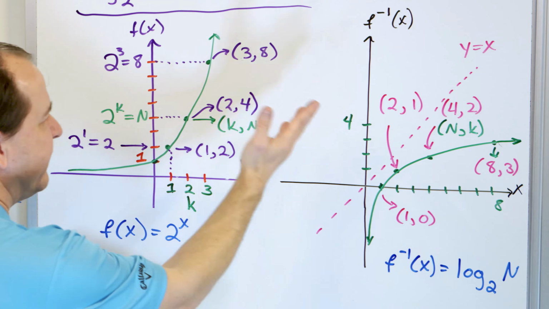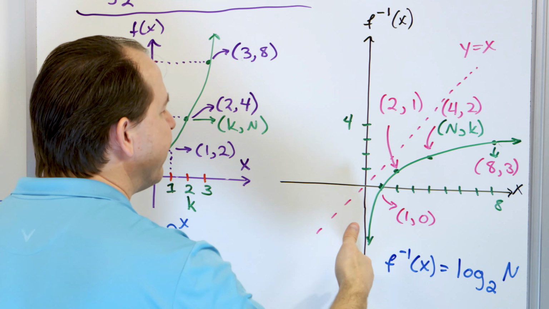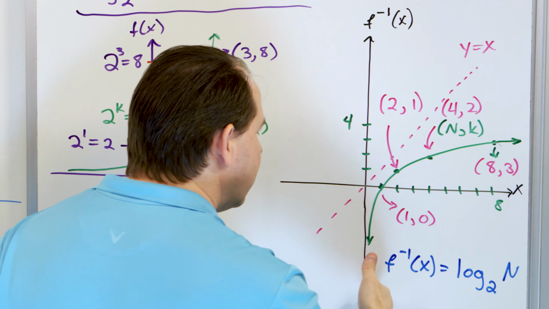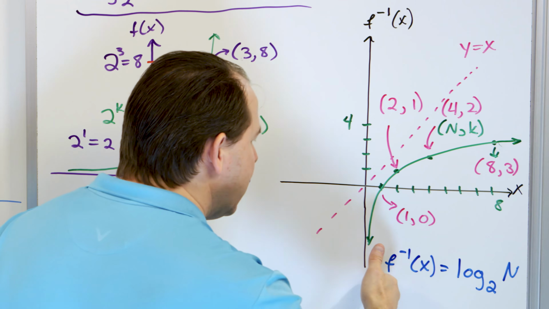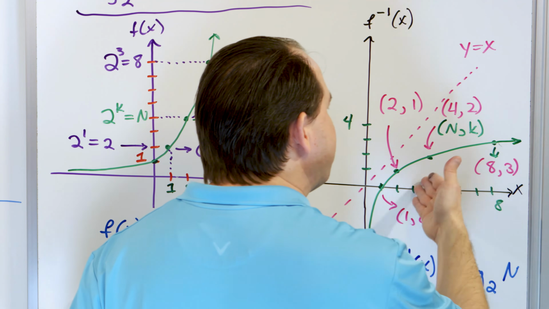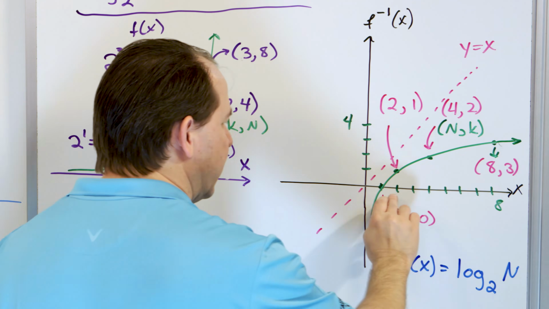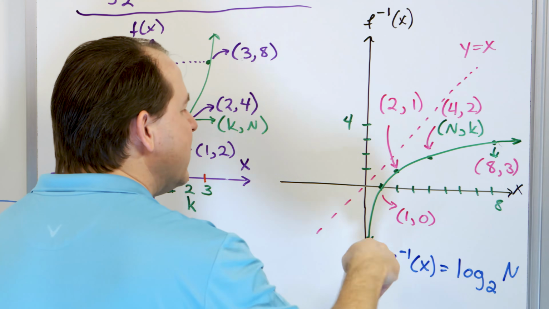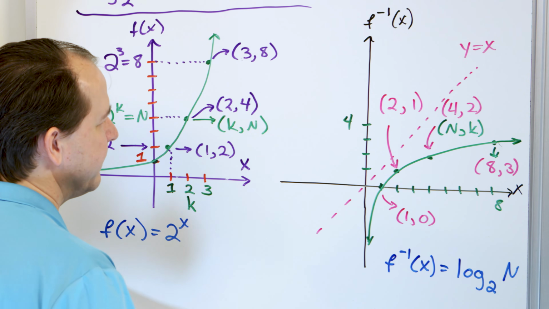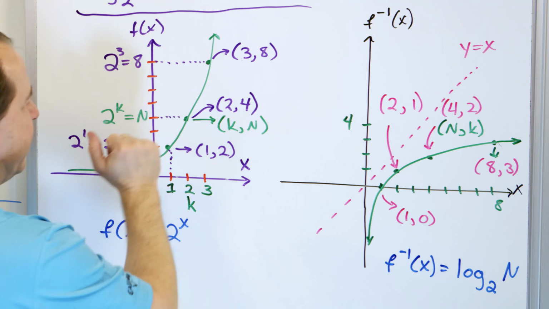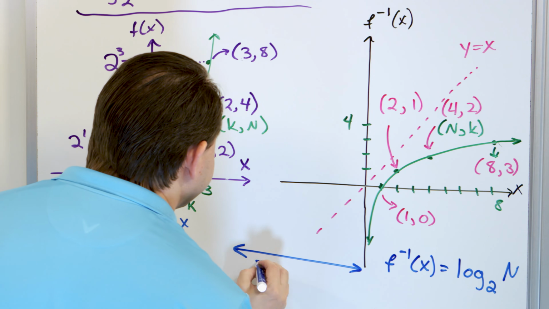And that means, of course, this is a mirror image reflection of this thing here. So you need to remember two things about this graph. Number one, this is a logarithm. It gets infinitely close to the axis here. It's an asymptote, but it goes off to infinity this way, and it bends over very quickly like this. Whatever number you put into the function, it's giving you the exponent needed, so that if you run it backwards through the function, you get what you started with. And then, of course, it's a mirror image reflection of this exponential function. So these guys are inverses